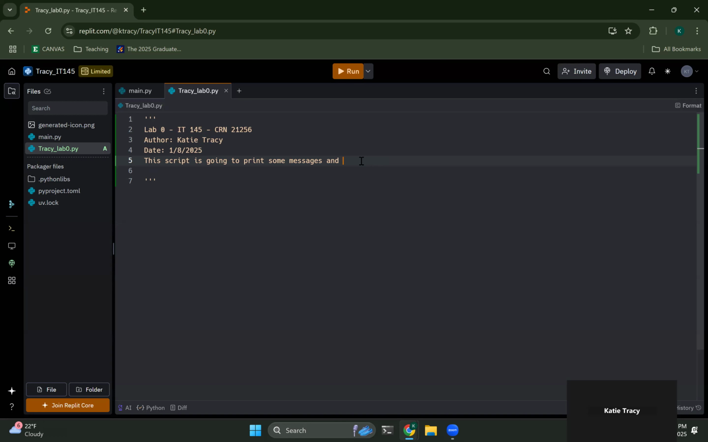Anyways, the script is going to print some messages and declare some variables. Then we will print those variables in a meaningful way. So there's my description. And then I'm going to leave some space for my